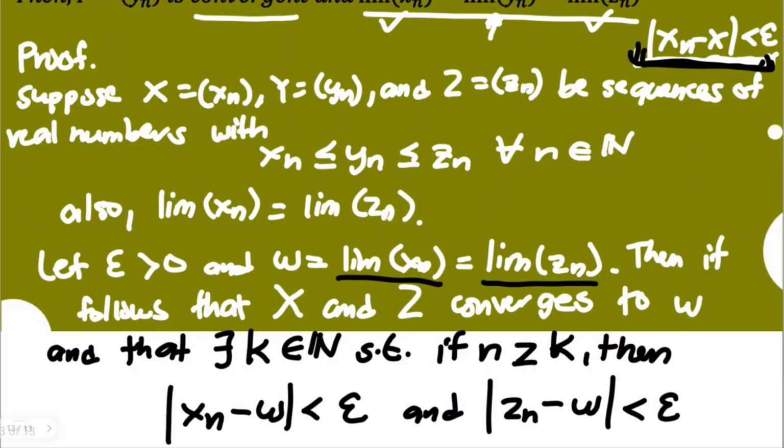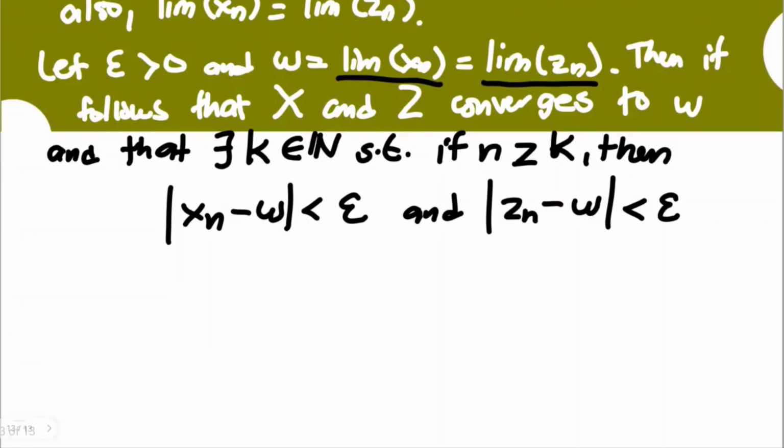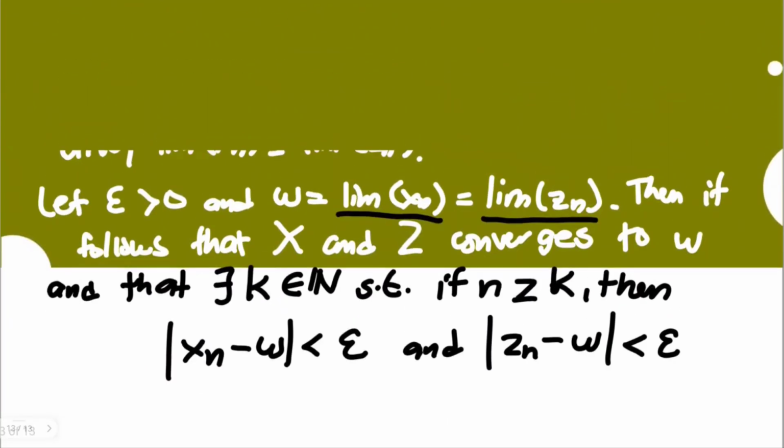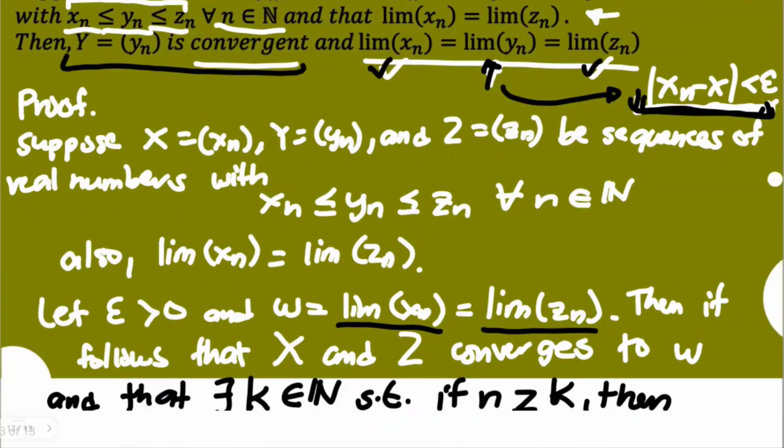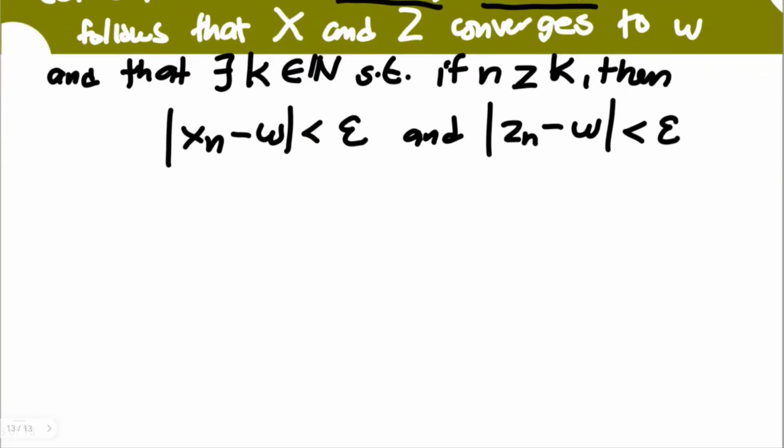Again, these are all per definition. We are not going to prove the limit per definition, but we are going to use this as we look into the goal. The goal is to show that the limit of y sub n is equal to the two. So we are going to also touch this portion, and that is also the additional point that it also converges. Okay, so before we go to the involvement of our y sub n, we have these two forms now,